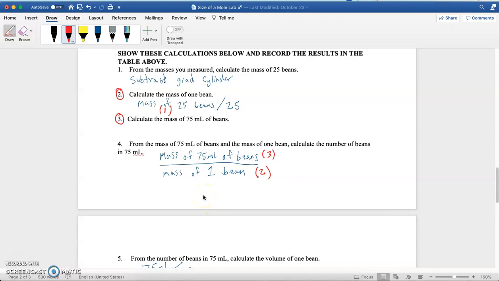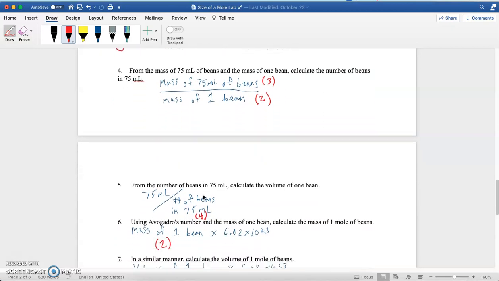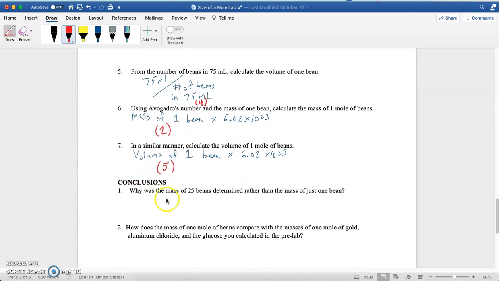And I can't give you specific numbers because each of you will have different numbers. For number 5, you take 75 divided by the number of beans that were in 75 milliliters, which is your answer to number 4. For number 6, you take the mass of 1 bean times 6.02 times 10 to the